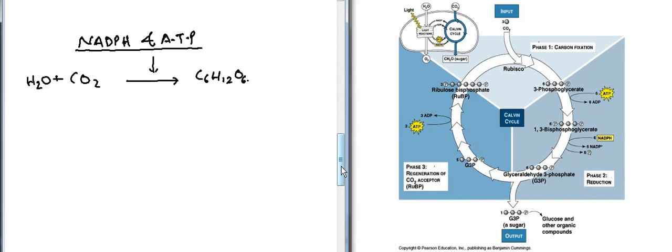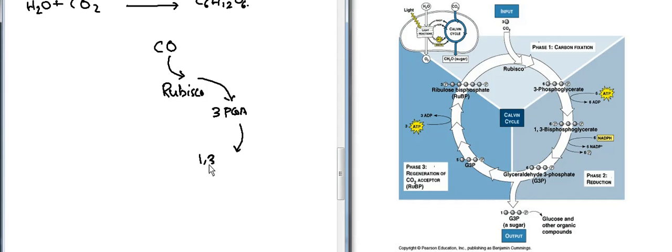First of all, carbon fixation. See here, CO2 is coming in, so we have a Rubisco enzyme. That Rubisco enzyme will convert this into 3-PGA, that is a phosphoglycerate. So this 3-PGA will again convert into 1,3-bisphosphoglycerate,